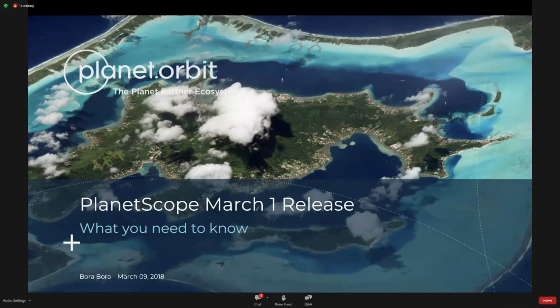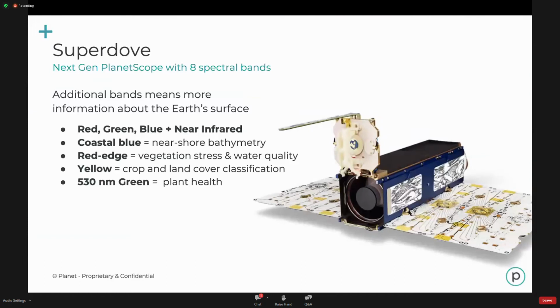And I would like to update all the participants today about the latest news on PlanetScope, which is we do release this new PlanetScope starting March 1st this year. This is what you need to know because we have our latest generation of PlanetScope satellite. We call it Super Dove, and this Super Dove is the latest generation, and it has the capability to do